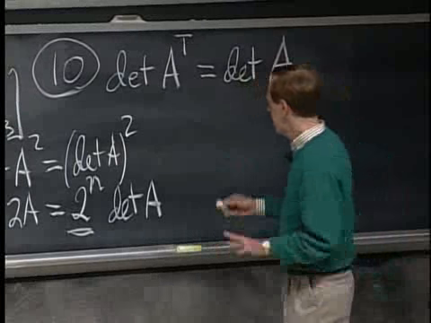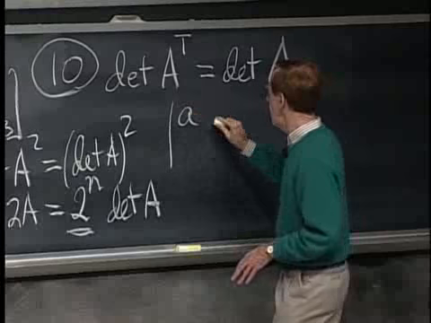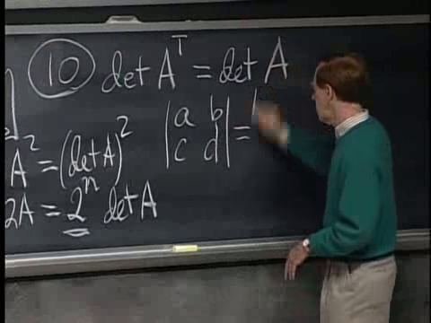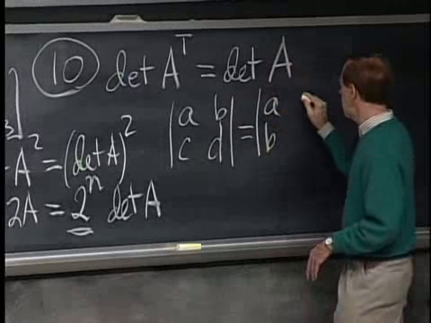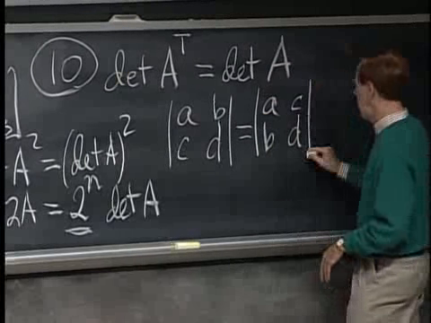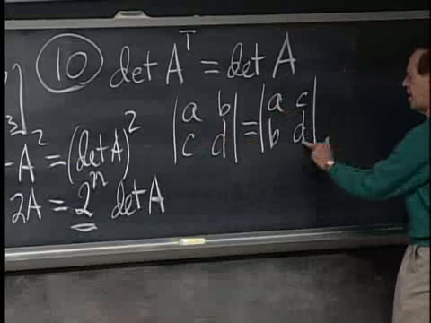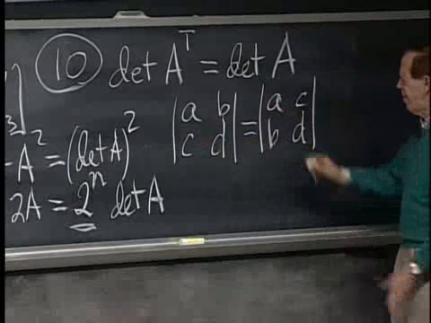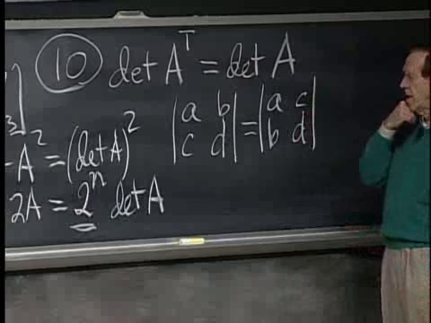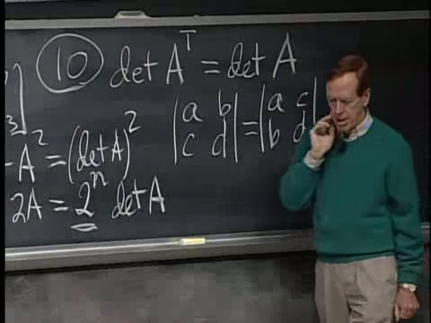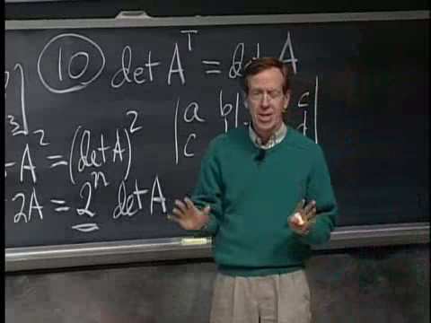And of course, let's just check it on the A, B, C, D guy. We could check that, sure enough, that's A, B, C, D. It works. It's AD minus BC, sure enough. So that transposing did not change the determinant. But what it does change is